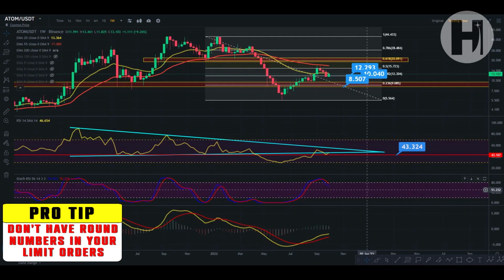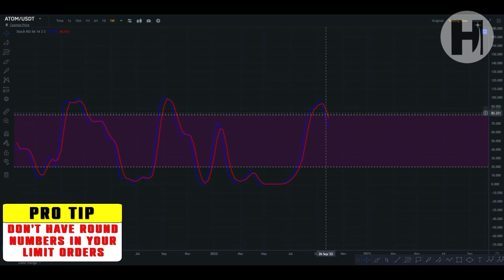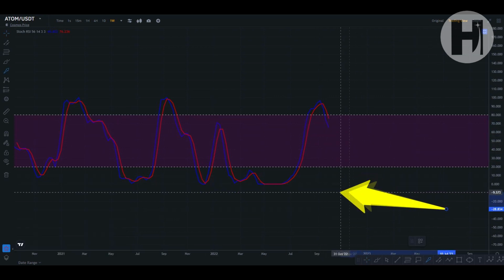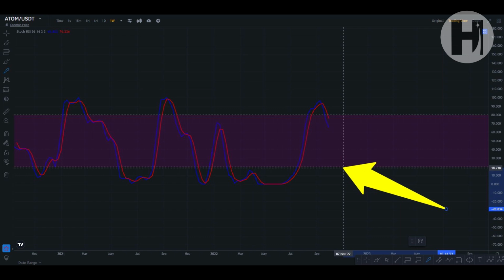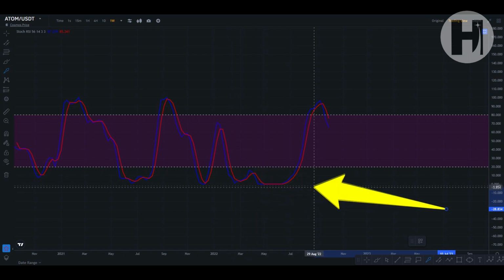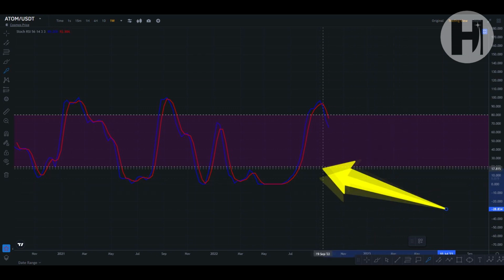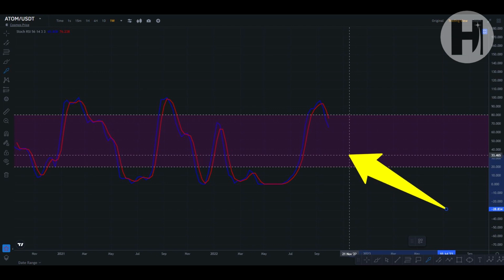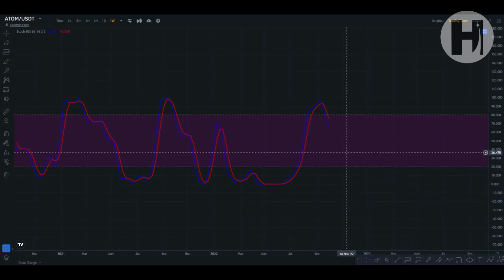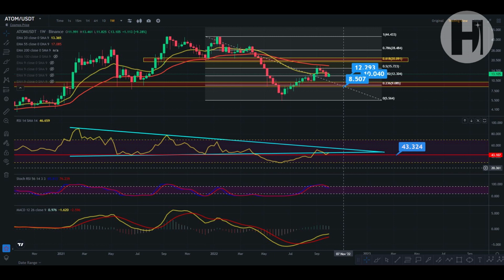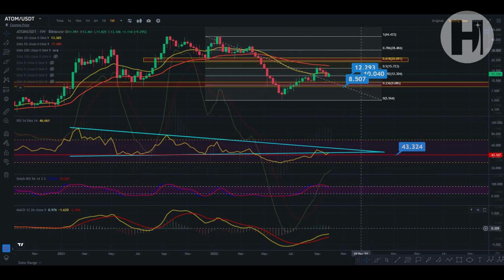So moving over to the Stochastic RSI, you can see that we're pulling back down from the overbought, which was above the index of 80. And if you really want to wait, you can just wait until you come back down below the index of 20, and you can start dollar cost averaging there, because the last time you were there was from February all the way up until the end of July. Right now we can come back down here and have a couple of weeks in there, a couple of months, until you break out into spring of 2023. That's when I think we're going to start printing higher highs into the next bull market of 2024.